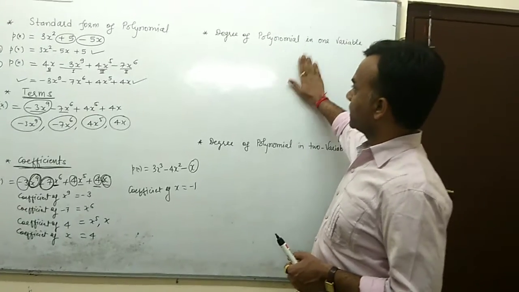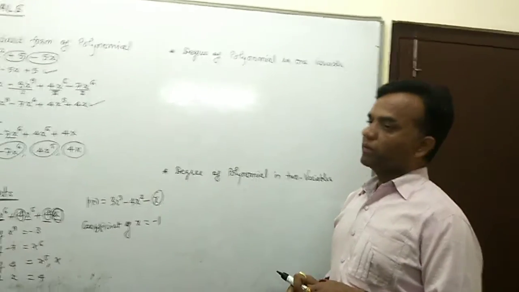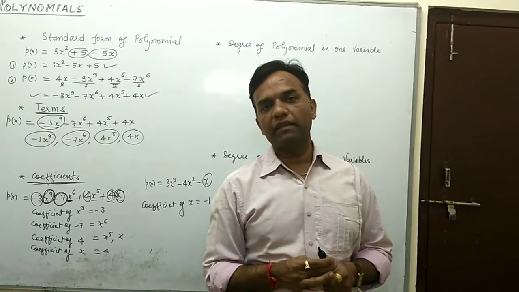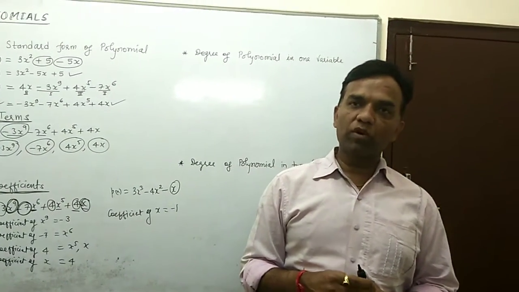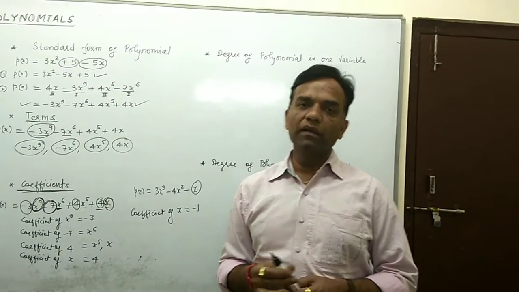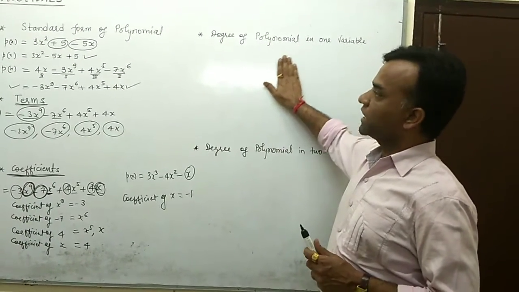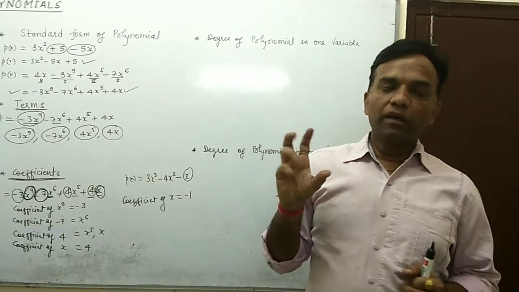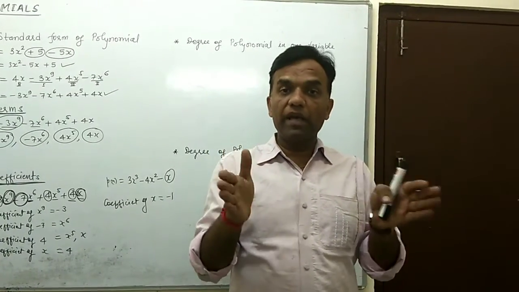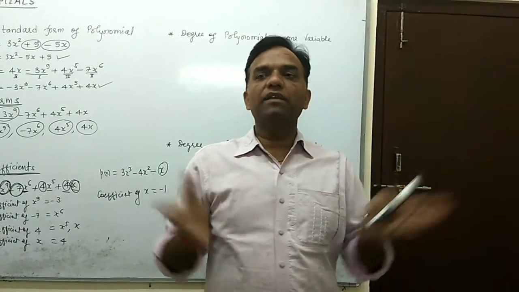Okay, so one more part we include here, like degree of a polynomial in the variables. This is very important, because this type of question is mainly asked in the MCQ, because some polynomials are given and then they ask about the degree. And the first confusion is what? Irregular form is given inside a polynomial, because the standard form is not given there. So when this kind of question is asked in the examination, first you decide which polynomial is given, and first you see whether all the terms are arranged in standard form or not. So first you put your polynomial in the standard form.